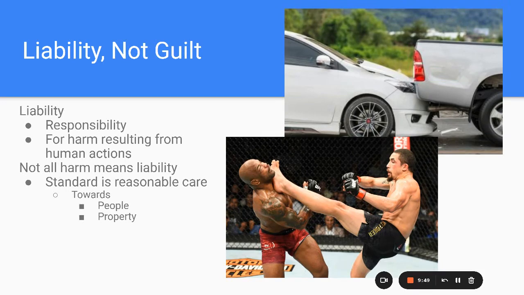Now, if he does what I would have to do to survive one of those and pulls out a gun and shoots the other guy, it's different. Right? This is why I don't cage. If some of you are like, Dr. Brown's going to shoot somebody. No, I'm not. This is why I don't cage fight.